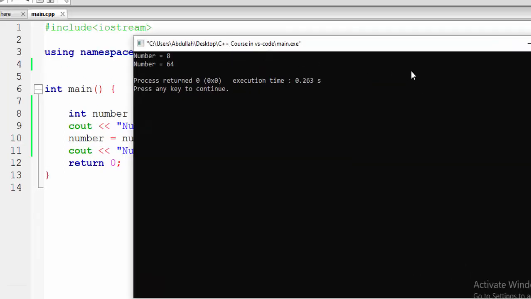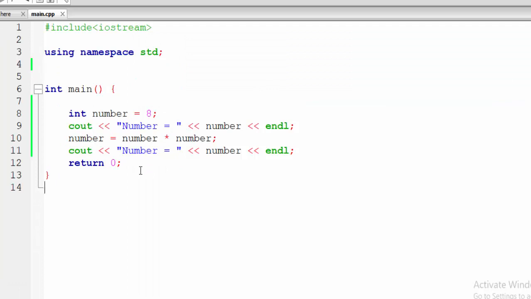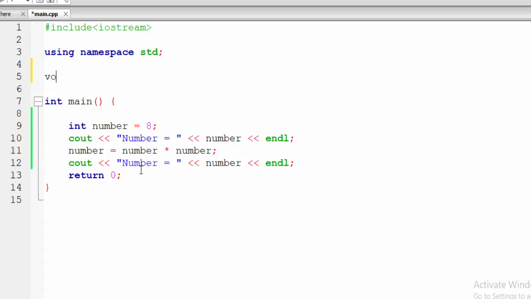After that, if we want to change it with the help of another function, we will see whether it is accessible in the other block of code or not. So we go to the top, and here we will declare a void method which is change, and it will change the value of the number.